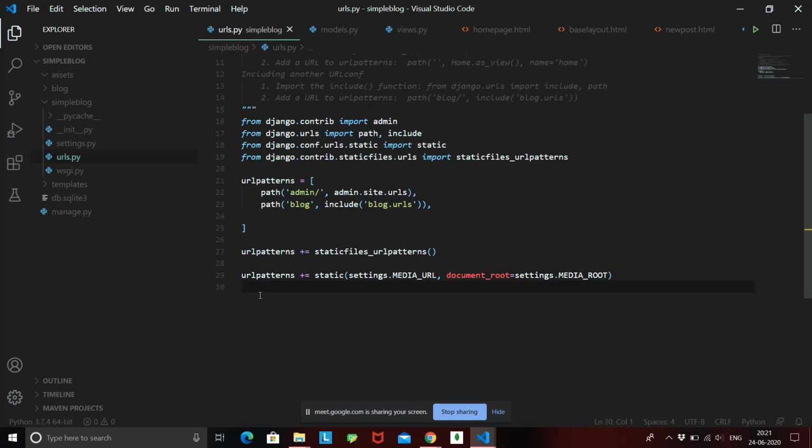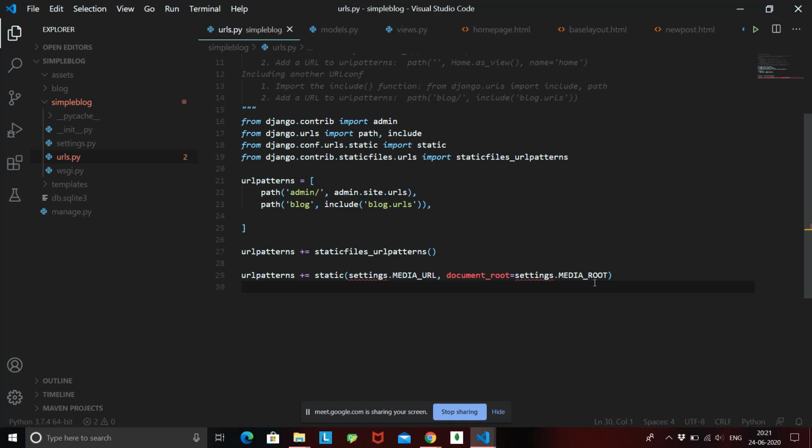Okay, so now what this statement is basically doing is taking settings.MEDIA_URL and document root. So now it is taking in two parameters. The first parameter is your URL, and it is saying if you have a media URL, then go to media root to find your media folders or your media images. So what this line is doing is taking a media URL, and if you have a media URL, where do we have to look in order to find these files or folders? We need to go to media root.